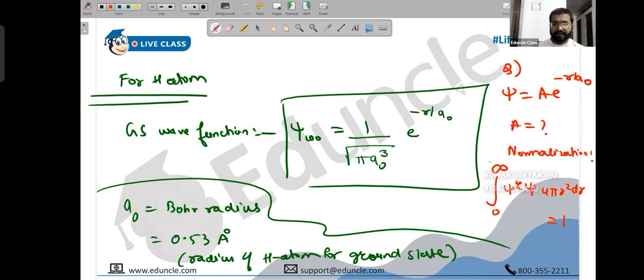Okay, so do this, people, and if you do this, you will get the value of A. And the value of A has to come out to this. It's good practice. First you copy this. You will practice this, okay? And you will have to use the gamma function. Please ask me if you still have any question. The point is, this limit, people, is independent of which energy wave function it is. Okay? This is the probability of finding the particle.